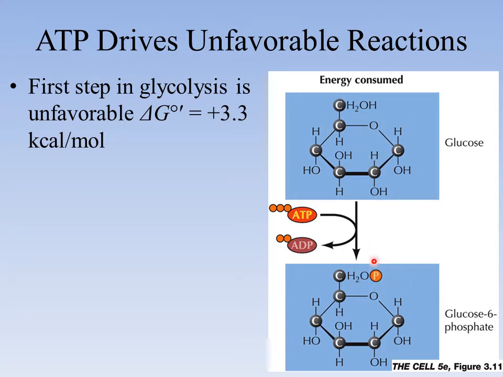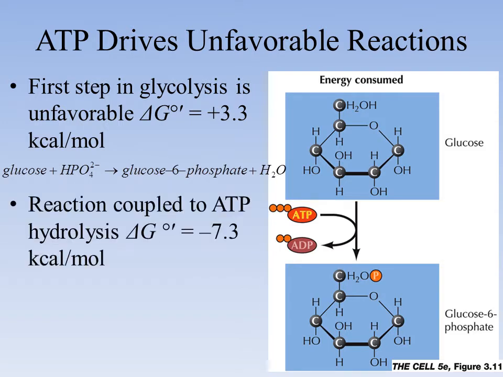So by adding this phosphate to it, we have higher energy in this molecule. So in order to produce a molecule that has higher energy in its bonds, we have to input energy for it to occur. So that's why it's a positive delta G. This isn't going to occur naturally in the cell unless you have some sort of energy coming from elsewhere. So again, glucose plus phosphate, forming glucose 6-phosphate plus water, is going to be considered an unfavorable reaction. So we can couple this reaction to ATP hydrolysis, where we hydrolyze ATP at the same time